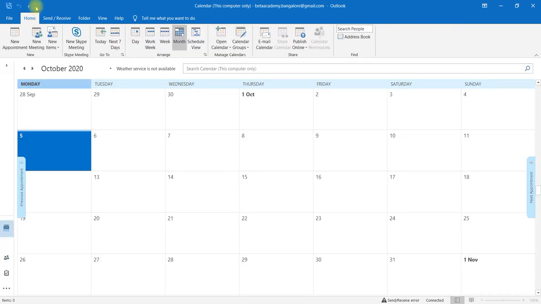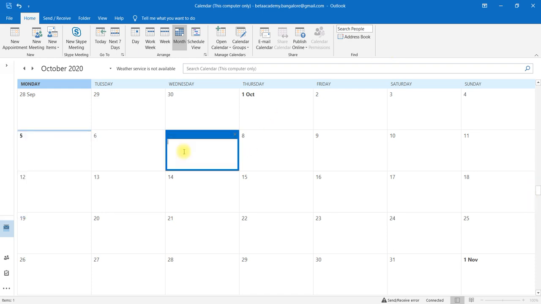Double click on that, or we can go to the new option. Here also we have a meeting option. First we will learn what is the difference between an appointment and a meeting. An appointment is when you are meeting someone outside, right? If you are creating it for an internal purpose, that will become a meeting. When you are meeting, it may be a telephone call or any type of meeting. So we'll first check the difference between an appointment and a meeting.